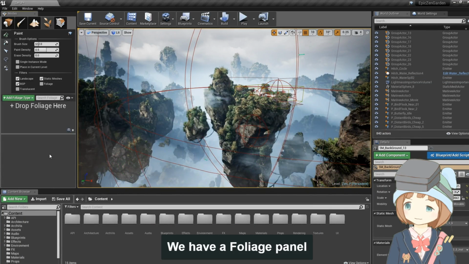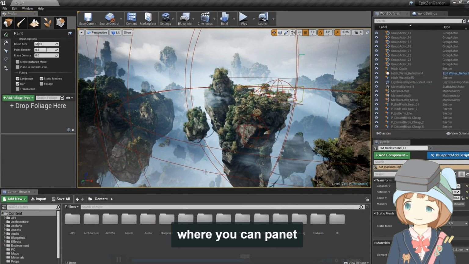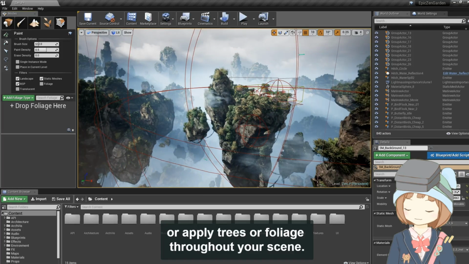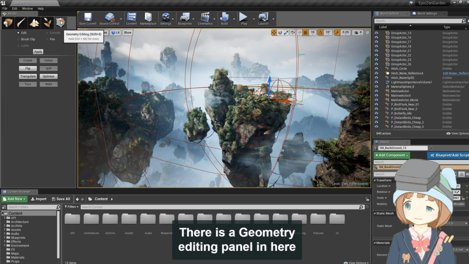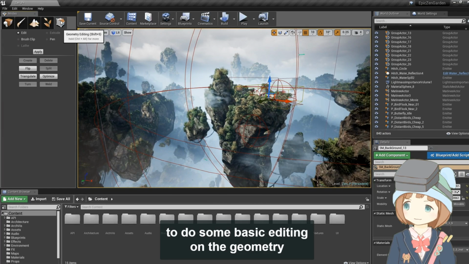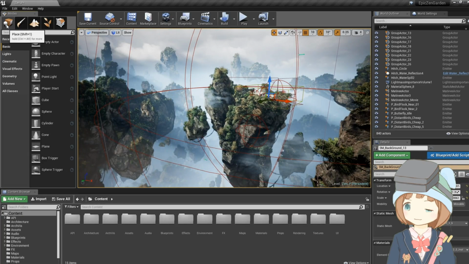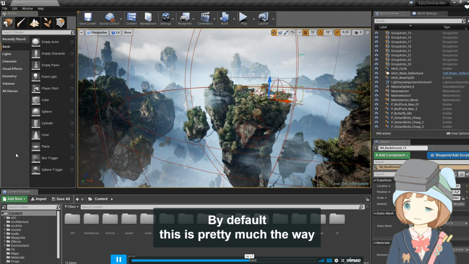And of course we have a foliage panel here where you can paint or apply trees or foliage throughout your scene. And then simply put, a geometry editing panel in here to do some basic editing on the geometry as you work within your scene. So by default, this is pretty much the way that